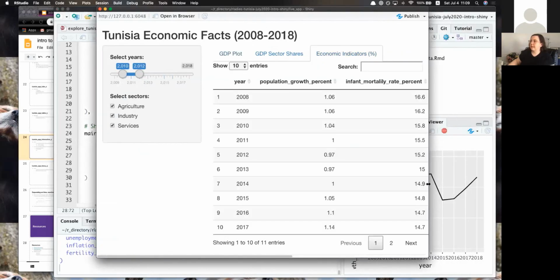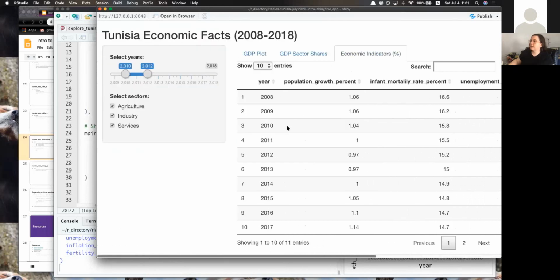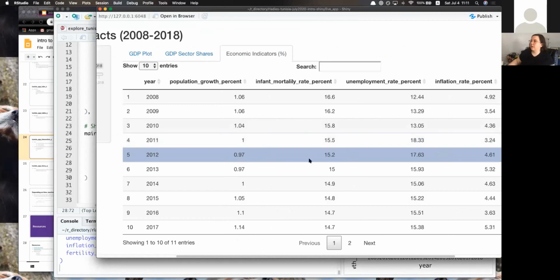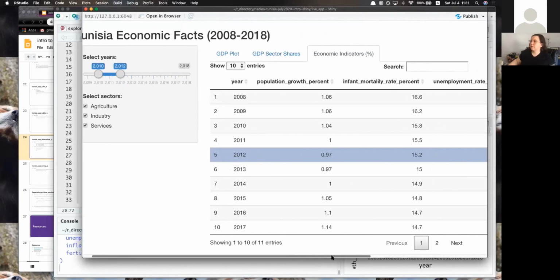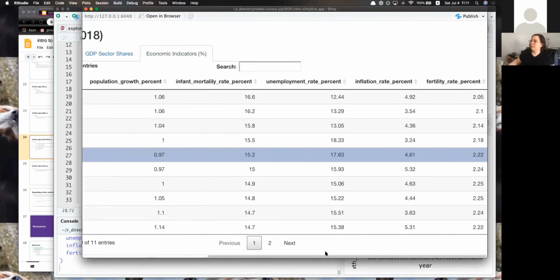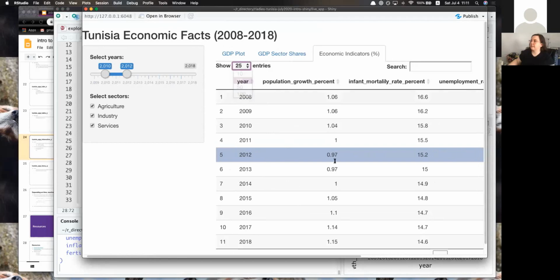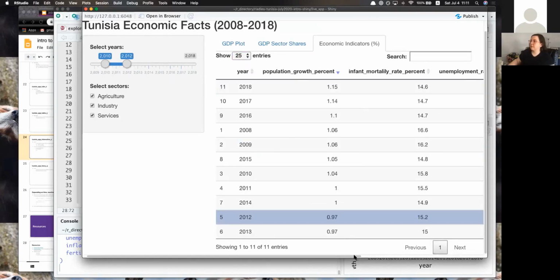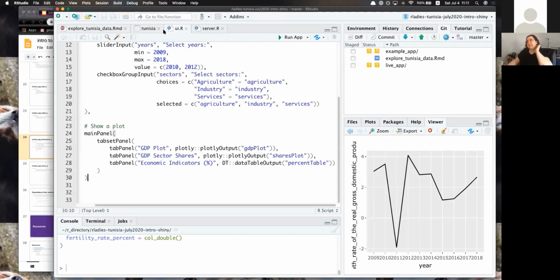and I go to economic indicators, I have this table, which allows me to select rows if I want, like if I just want to highlight all the way across, just 2012. I have 11 years, so it might be nice to show 25 entries so I can see all of them at once. I can sort if for some reason that was of interest. So that's a pretty basic data table. However,